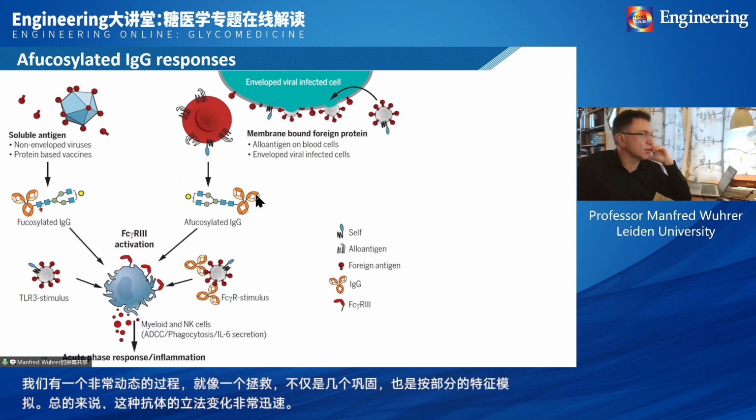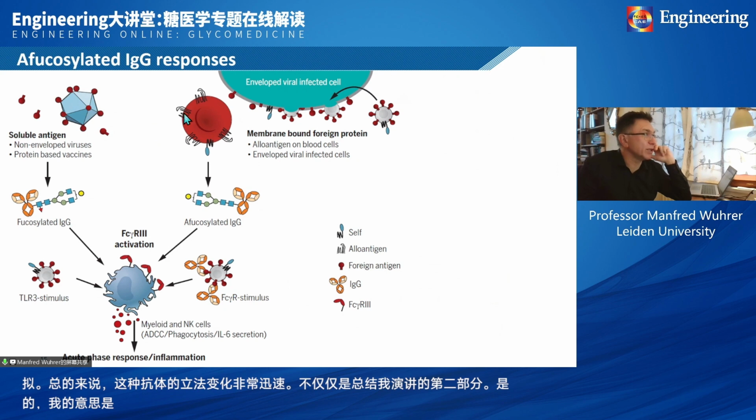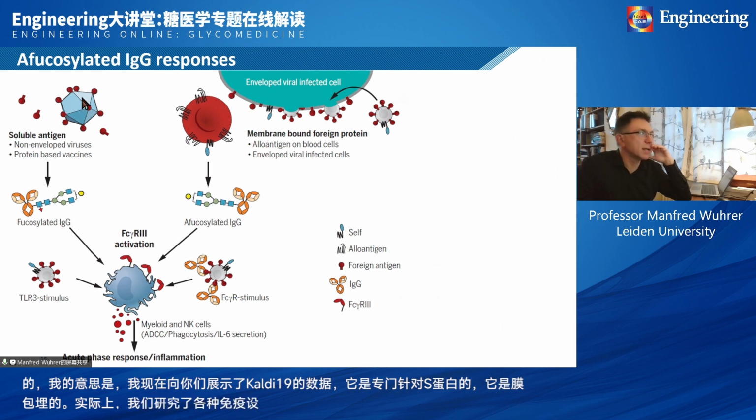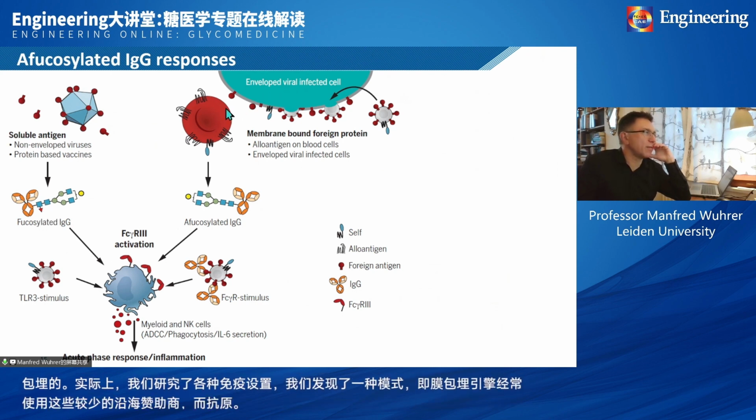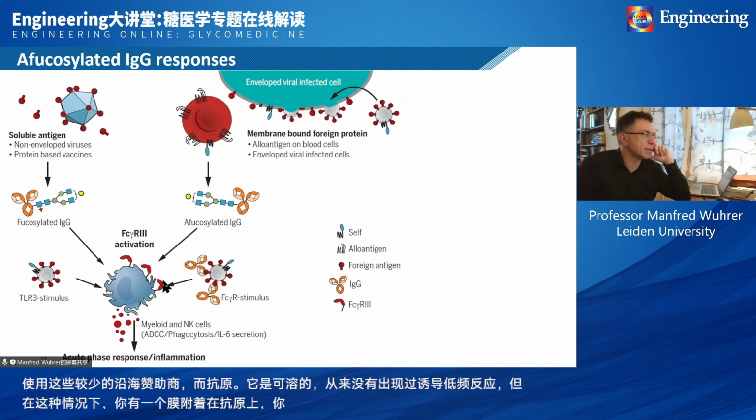Now, just to summarize also the second part of my talk, I showed you data for COVID-19, specifically for the S protein, which is membrane embedded. And actually, we looked at various immune settings, and we found a pattern that membrane-embedded antigens often induce these low fucose responses, whilst antigens which are soluble never appear to induce low fucose responses. But in this case, where you have a membrane-attached antigen, you indeed often have these low fucose responses,